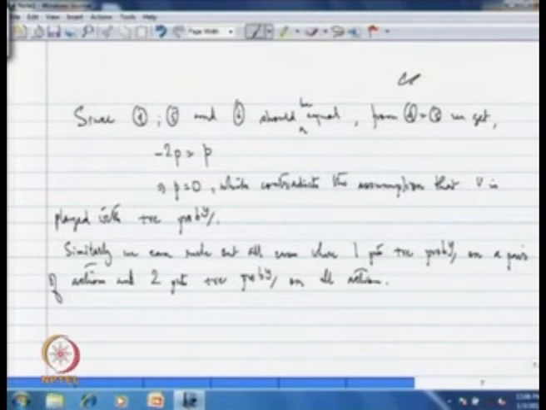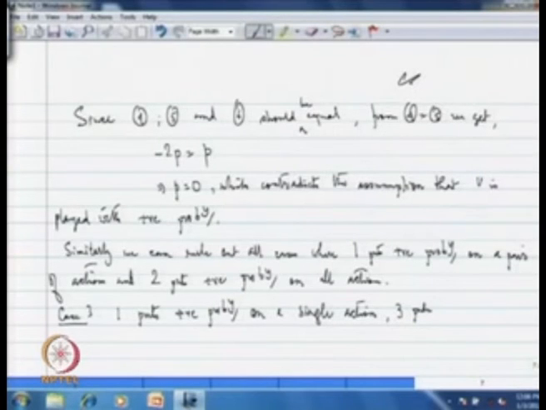Can there be another case 3, where one puts positive probability on a single action and 3 puts positive probability on all actions? But this is also ruled out